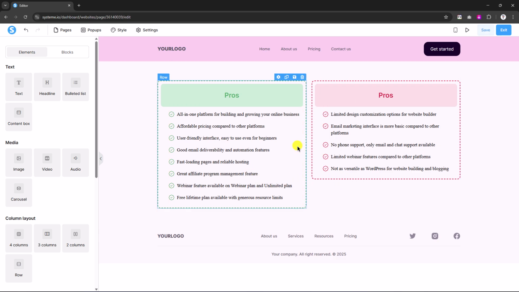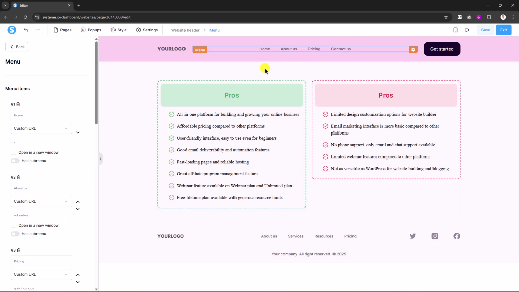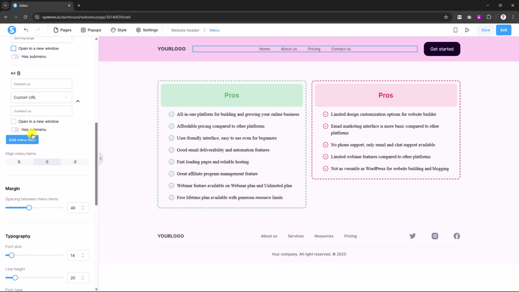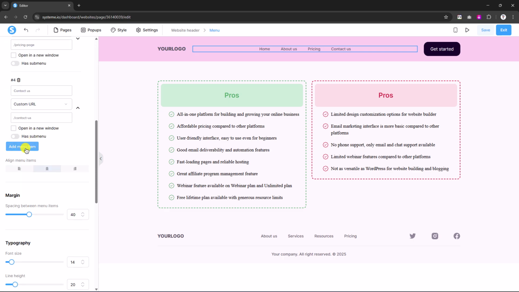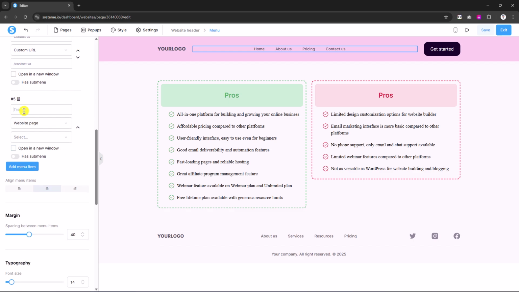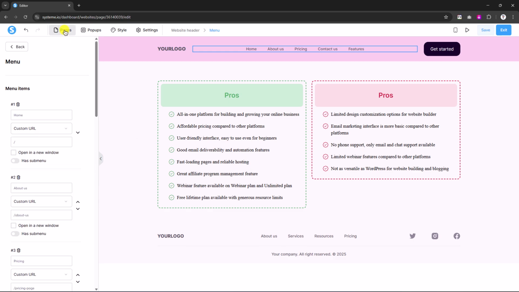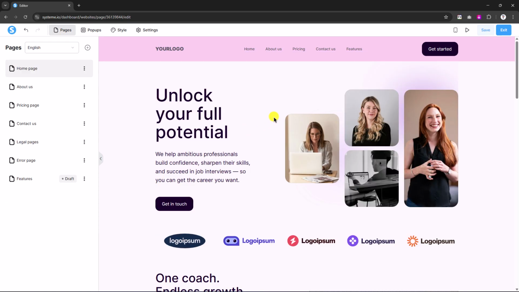and now we have to add this feature space to this navigation menu. So just click here and here you can see we have all of the pages. Now click here add menu item, now make it features, and then from here website pages. You can also add a custom URL, but for now I will just add this website page, then we have this features. Now see the features option is added over here. Now click save,